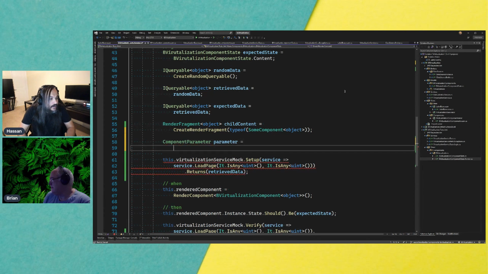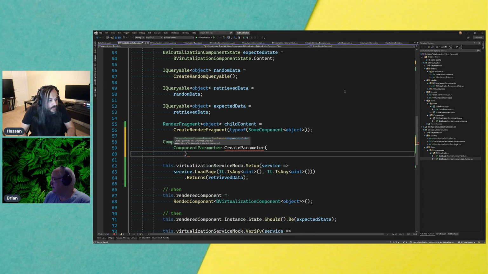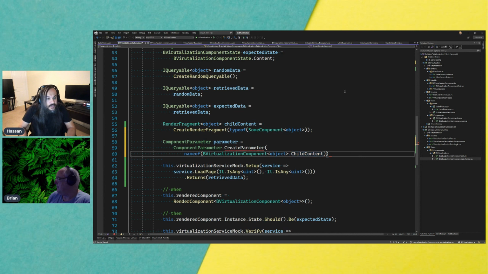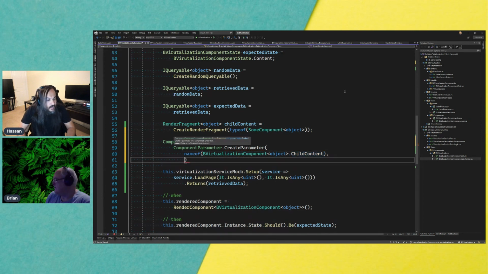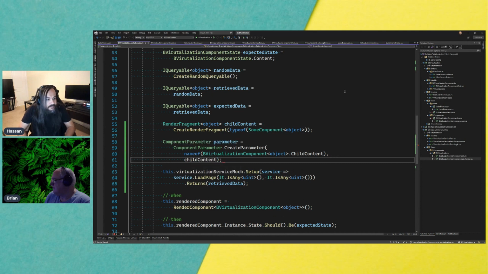And this guy gets created a little bit differently. So you have to go and say create cascading, create parameter. We're going to talk about cascading values in a little bit, right, Brian? So we can go here and say name of, and this is my B virtualization component of whatever. And then type in, give me the child content in here. Yep. So that's basically what I'm passing in as a name. And then the parameter itself is actually the child content itself,